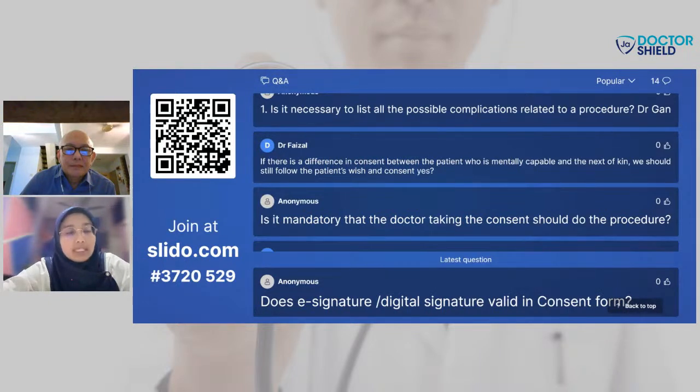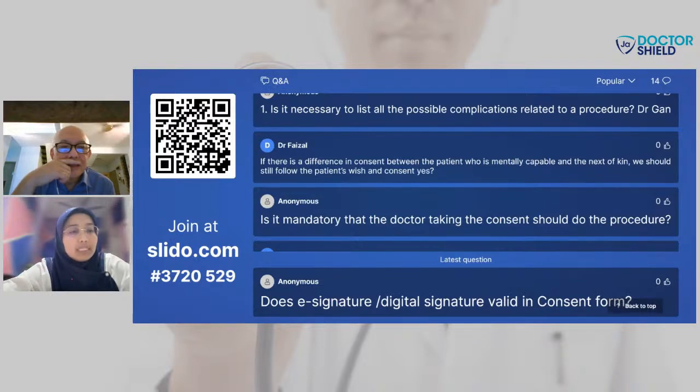We have come across cases where the patient, for example a mother who is not so educated, just leaves it to the daughter to decide. The daughter studies overseas and is well versed; they can just Google or do their own research. In those circumstances, even before the court, the consent given by the so-called educated daughter is not good enough. It must be a consent directly from the patient.